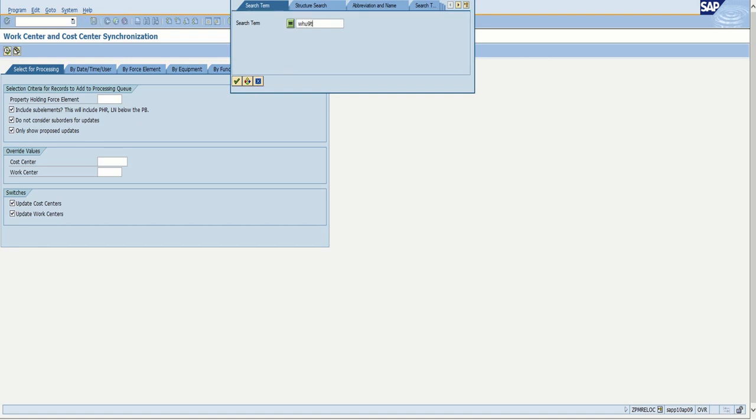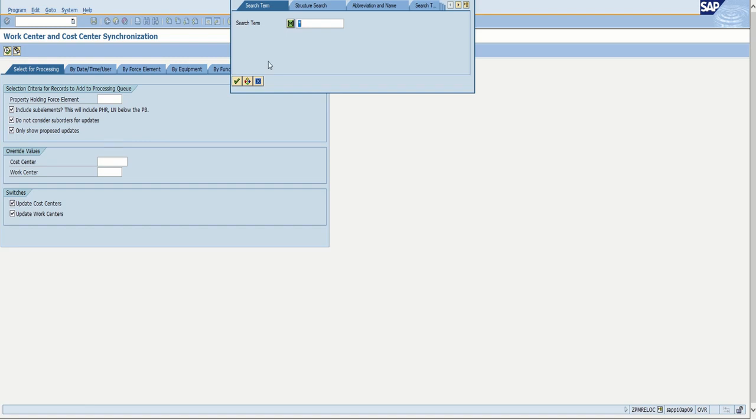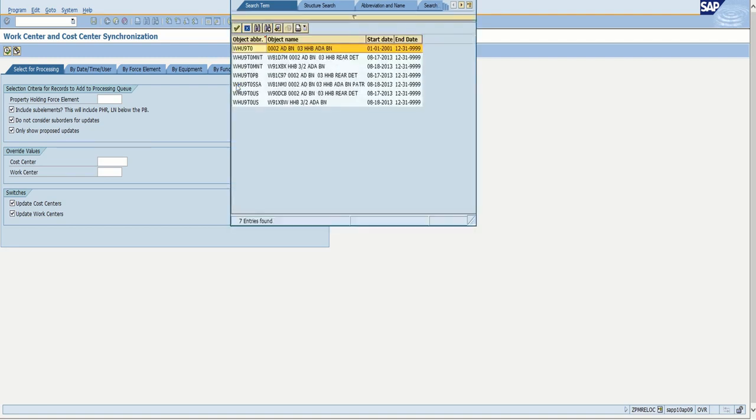So I'm going to choose my UIC. So the first thing you do, let me back up, moving too fast. My bad. So the first thing we're going to do is come into here, and it's going to have property holding force element. You're going to click on this, highlight it, and then you're going to click on the little box icon next to it. And then you're going to have this other little box show up. Make sure that you're using your UIC, hit execute,